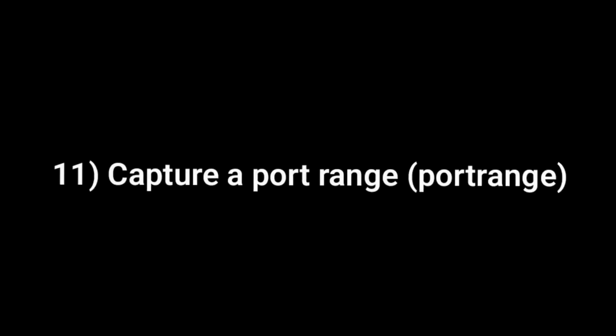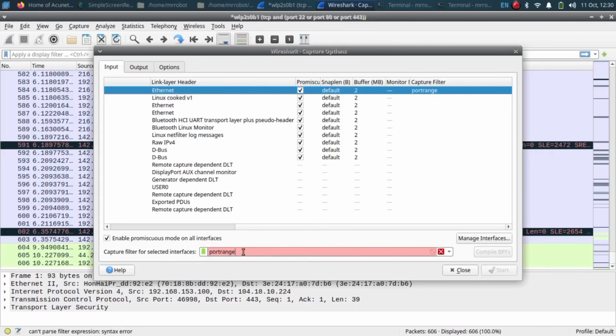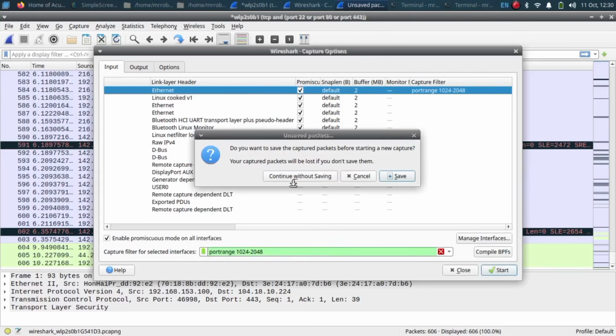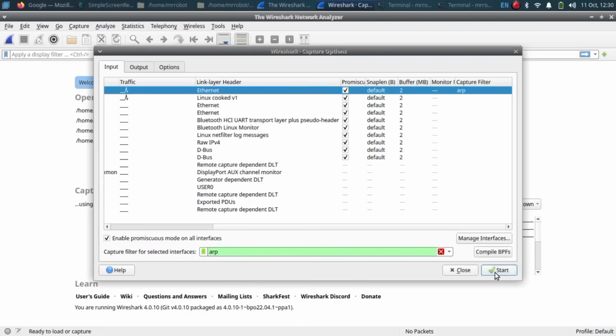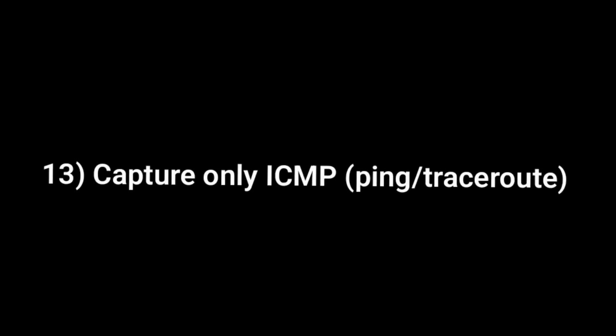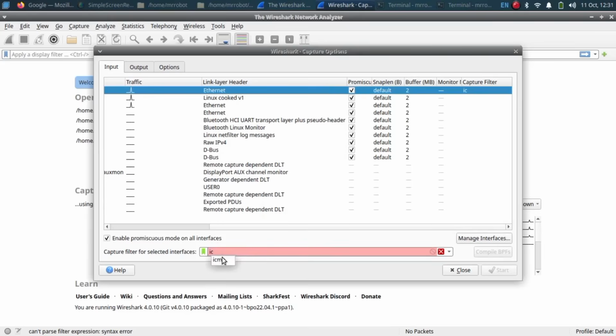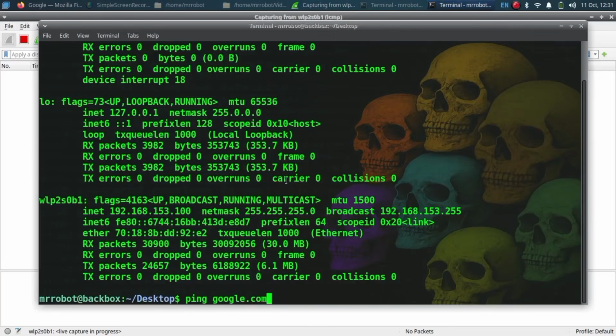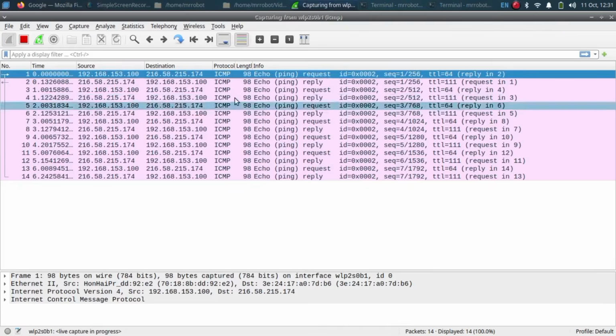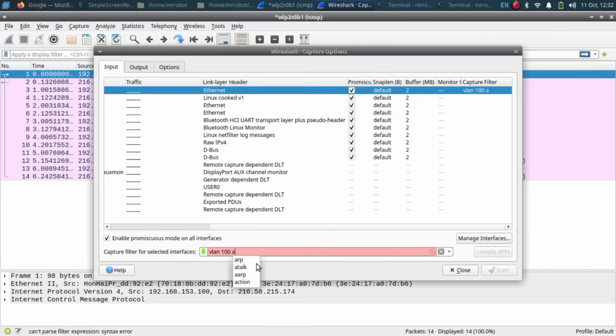11. Capture a port range: portrange 1024-2048. Use when you want ephemeral ports or a service range. 12. Capture only ARP, link layer: arp. 13. Capture only ICMP, ping, traceroute: icmp. 14. Capture only traffic on a VLAN, 802.1Q: vlan 100, or VLAN plus host: vlan 100 and host